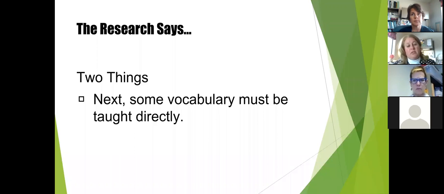Repeated exposure to vocabulary in many contexts aids word learning too. Students learn new words better when they encounter them often and in various contexts, increasing their exposure to the new words.